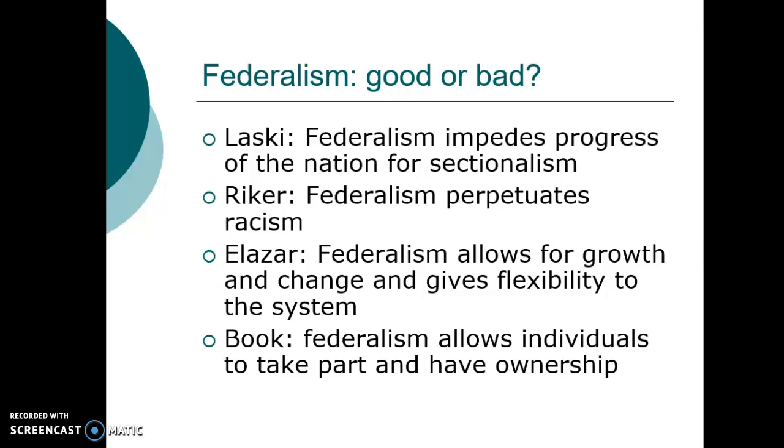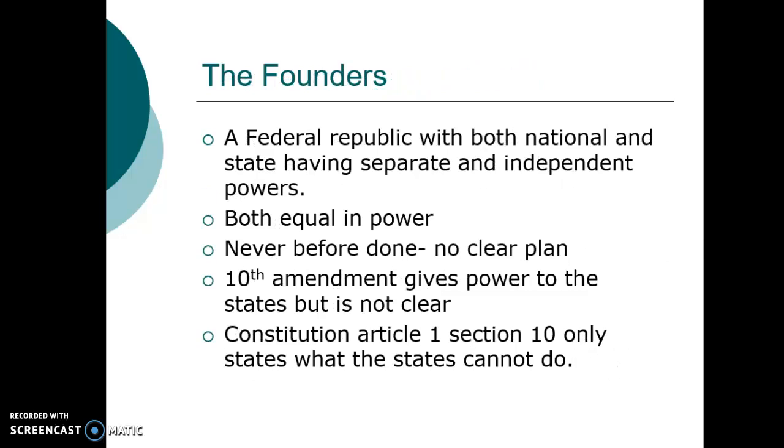Under a unitary system, for example, what we have in China, if that model was copied into the United States, Washington, D.C. would make the decisions for the whole country. So we would not have states, and the national government in Washington, D.C. would determine what the priorities for the whole country would be. States would not have their 10th Amendment rights. So a lot of power would be centralized around Washington, D.C. within a unitary system. But in the United States, we have a federal system.